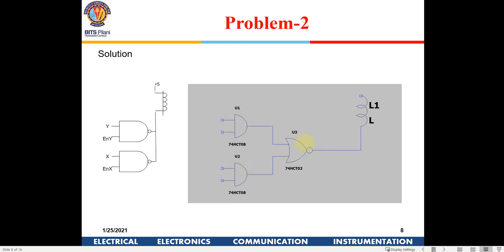You have two AND gates and an OR gate, and you put a NOR. So this you can probably target if some question is asked in your exam. Okay, you can do these kind of circuits. So here it's the safest way of doing it, though it may not be the optimized version. Okay, so is this circuit clear to everybody? Are there any doubts in this?